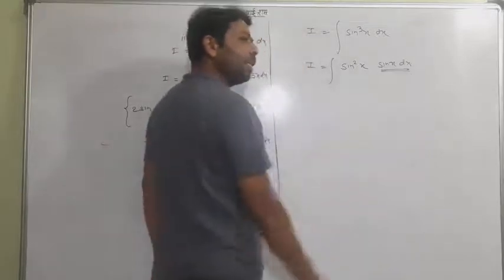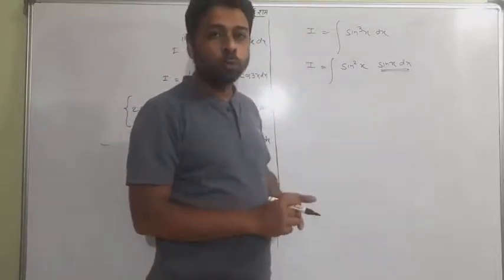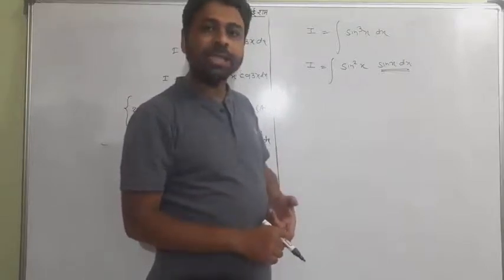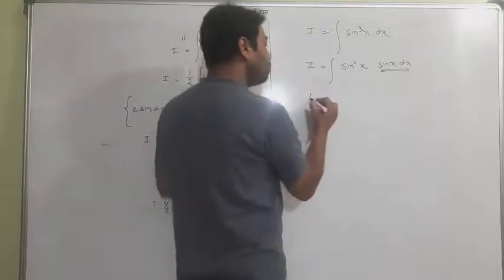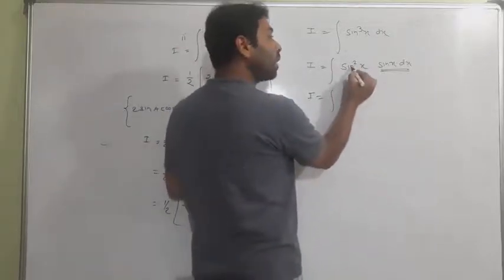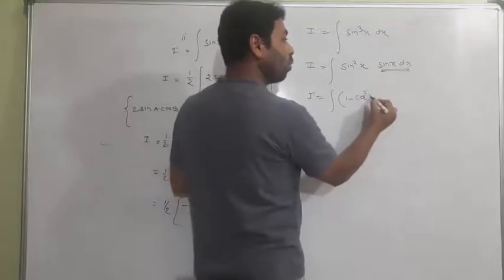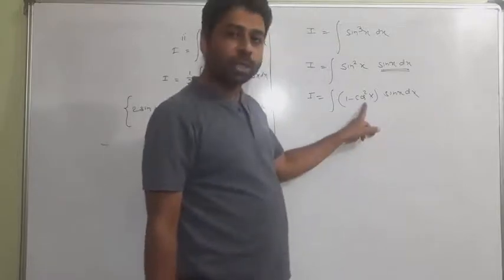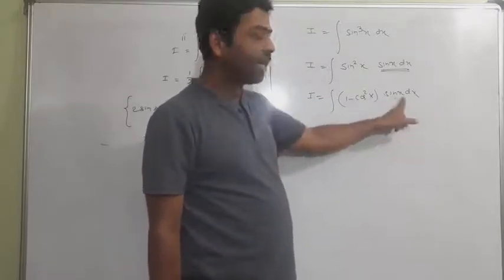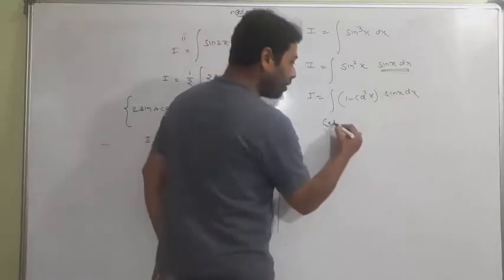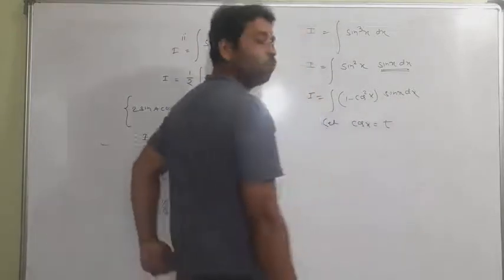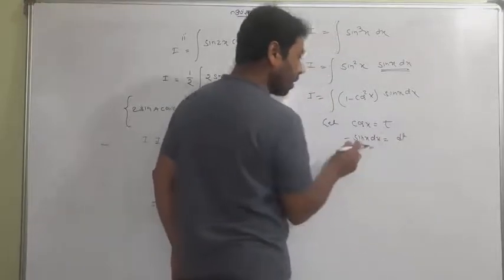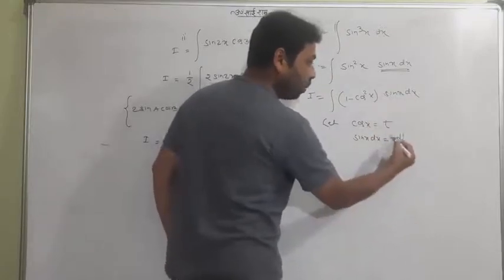This sin x dx I need, and you know that after assuming cos x is equal to t, after differentiating that cos, you can get sin x. So students, you first turn sin square x into cos, like 1 minus cos square x. Why did I do so? Because I know that after assuming cos x is equal to t, I will get sin x on differentiation. So now let cos x be equal to t and do the differentiation. It's minus sin x dx is equal to dt. Transfer the minus to that side, it will be minus dt.